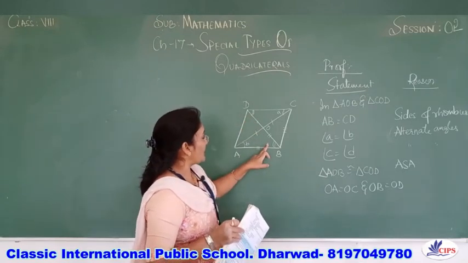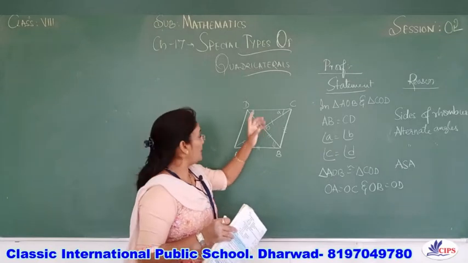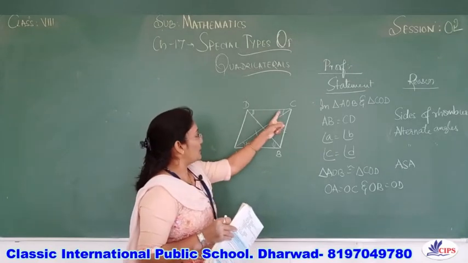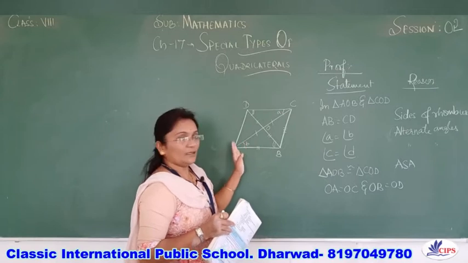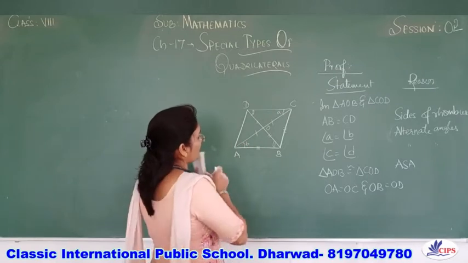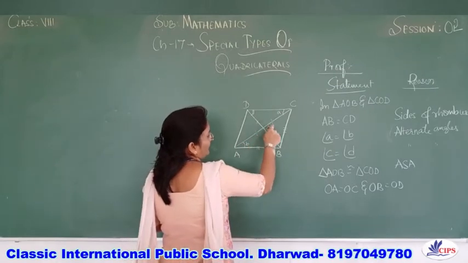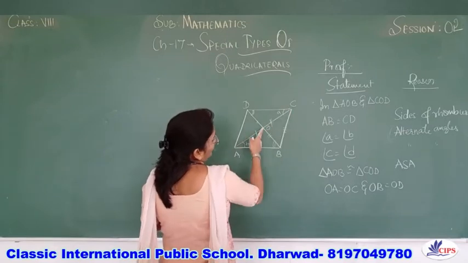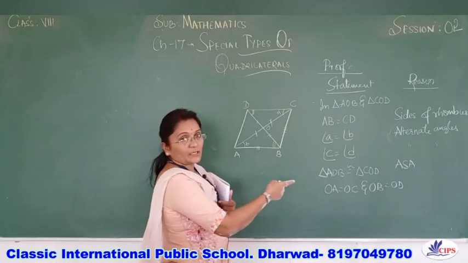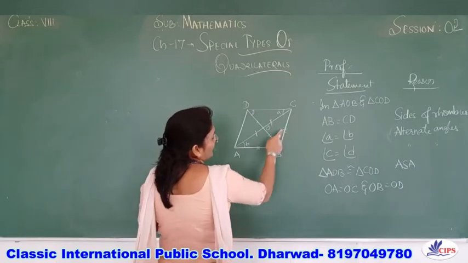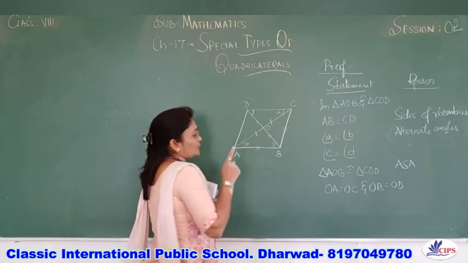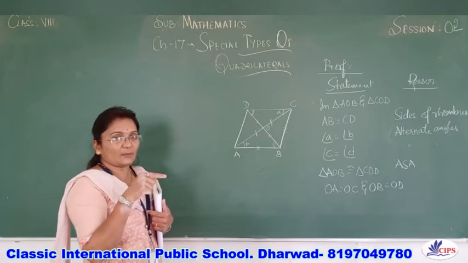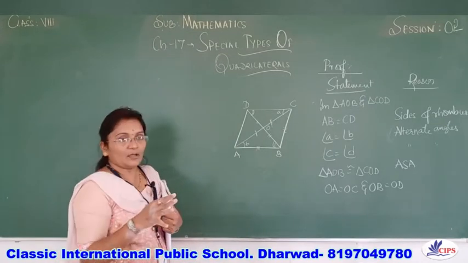So these two angles will be equal because AB is parallel to CD, and angle A is equal to angle B. Again they are alternate angles. Then can you see some mark here? See, I have marked like this. What does it mean? OA is equal to OC and OB is equal to OD. We have already proved it. And next I have marked these three lines. Can you see these three lines? So here as it is a rhombus, all the sides will be equal, so I marked it. AB is equal to BC.